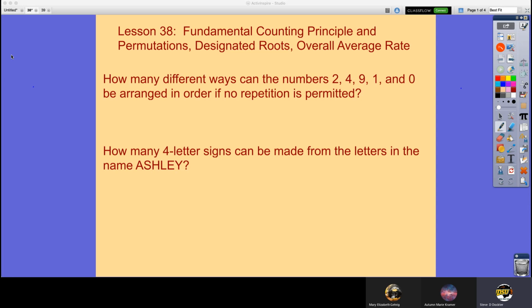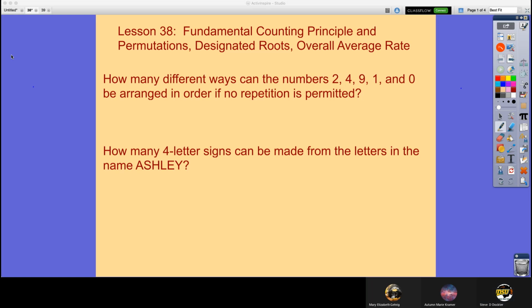I will tell you in this book that combinations and permutations are separated by like 30 lessons or something like that. So those of you who are not joining us next semester, I don't think you're even going to have to worry about combinations. I might be wrong, but every problem you're going to have is a permutation. Now, every problem, just like these two up on the board, that are both permutations,